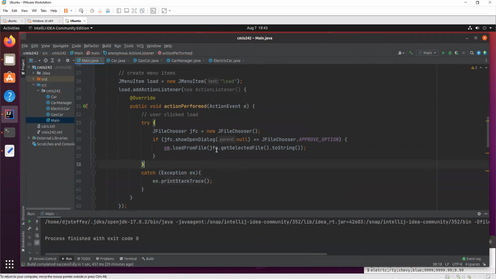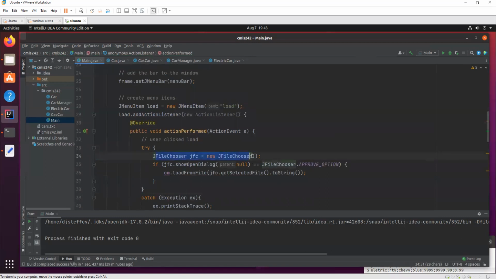All right. So what a JFileChooser does, think about if you just have like Notepad or something like that open, and whenever you click save, or when you download a file, and you have to select where you want to save it to, right? Well, that little dialog that allows you to go through all your folders and files and find a specific file, that's what this is going to show to us.